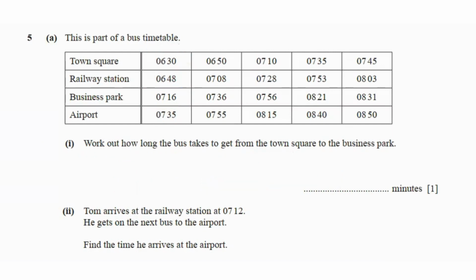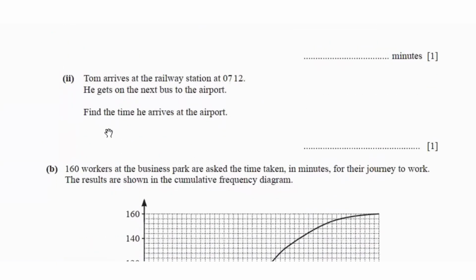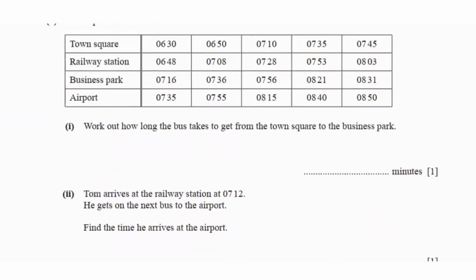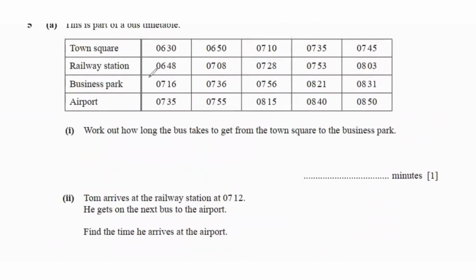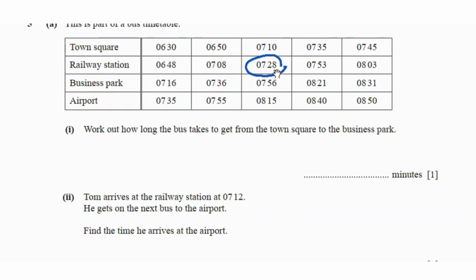Then Tom arrives at the railway station at 7:12. He gets on the next bus to the airport. Find the time he arrives at the airport. So if he's arriving at the railway station at 7:12, so this is where he is. Coming to the station at 7:12, so the next train is going to leave at 7:28. So if he leaves at 7:28 on the airport, he's going to reach at 8:15,